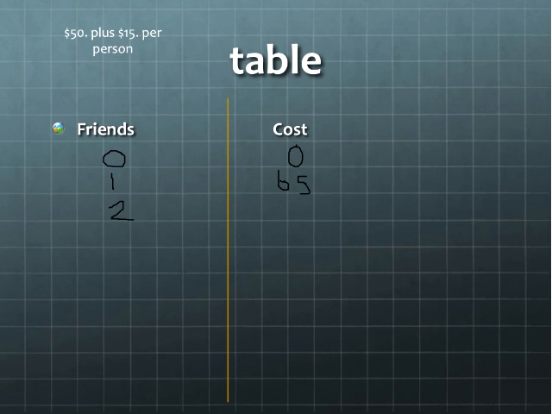2 people. Then we have to use our expression. So it's 15n equals the cost. So in this case, it's 15 times 2, which would be 30. So Stephen's right. It's $80. All right. And how about 3 people? 3 people, 15 times 3 is 45. That's 50. It is,